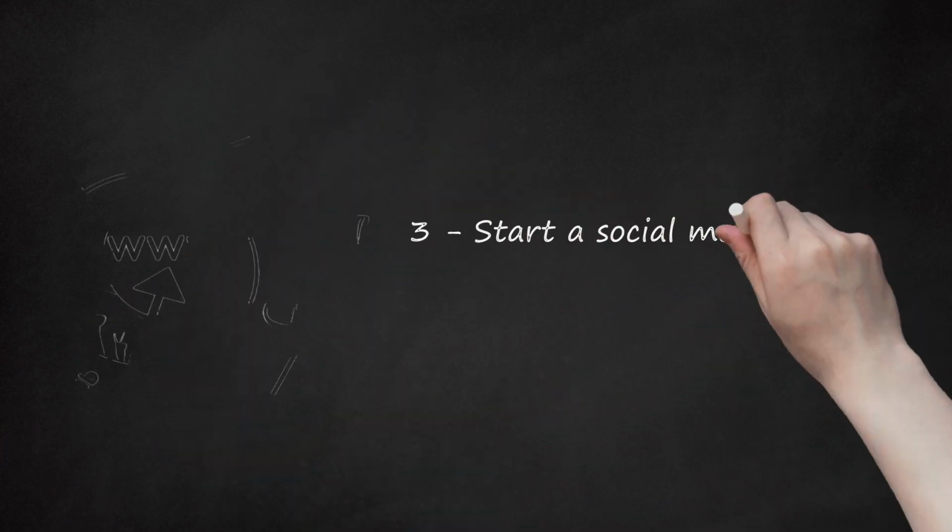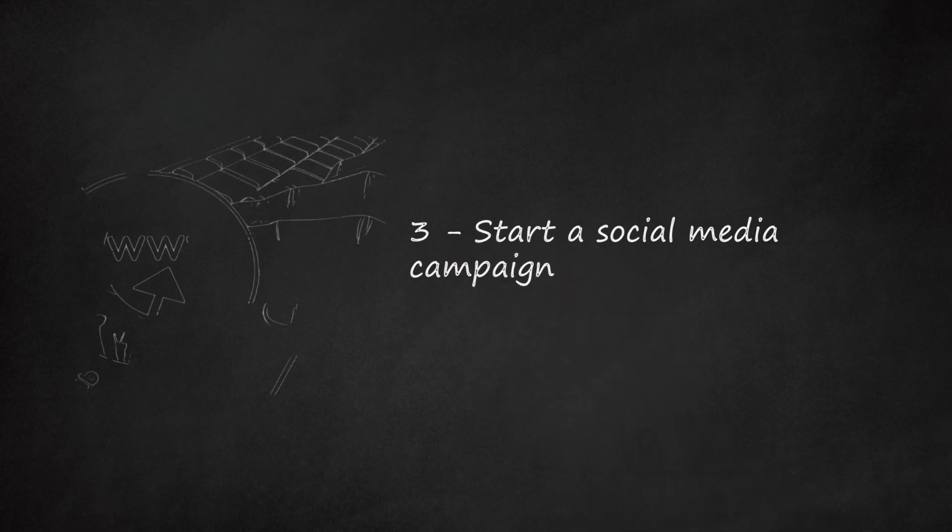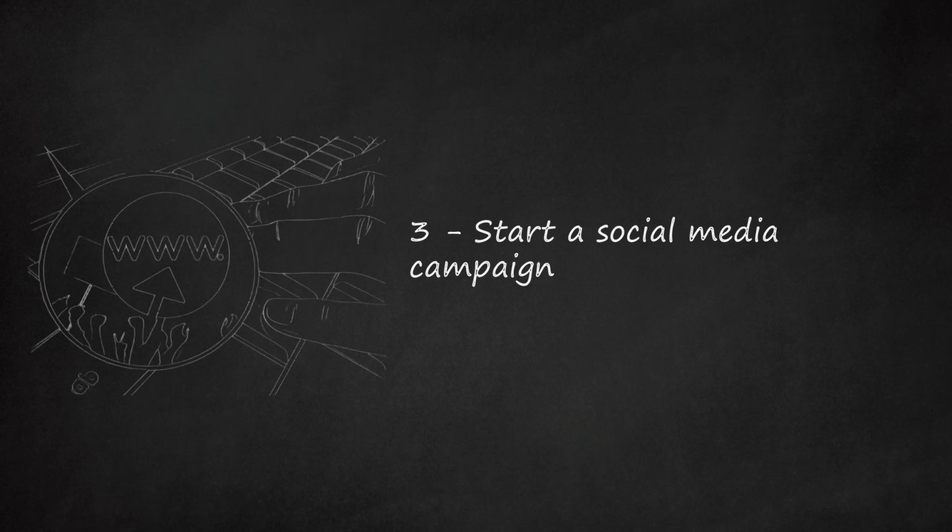3. Start a social media campaign. Creating viral videos or status updates on social media networks can create a groundswell of support to stop the human rights violations. Although there has been much criticism of so-called #activism, social media campaigns can raise awareness for your issue in a way that forces mass media and the government to sit up and take notice.